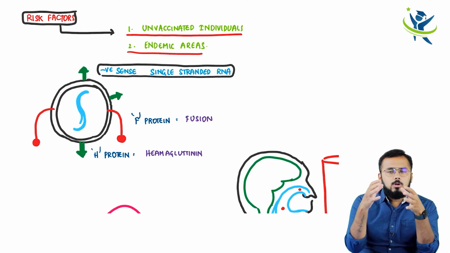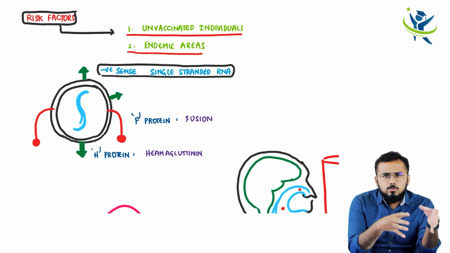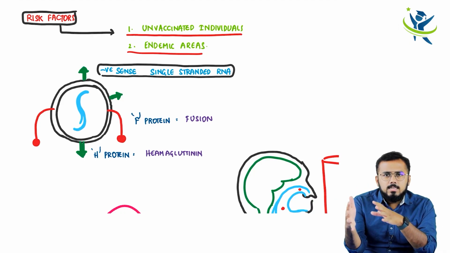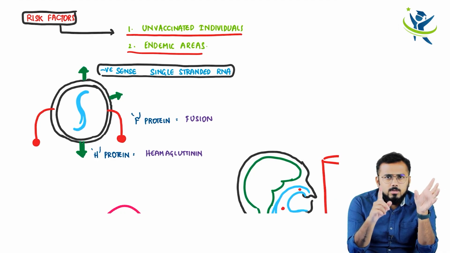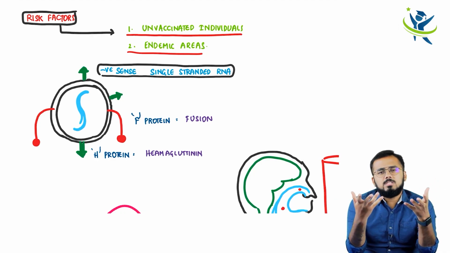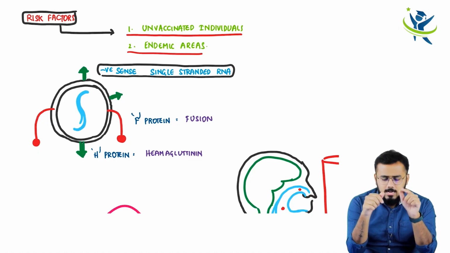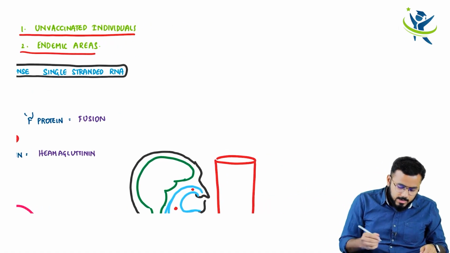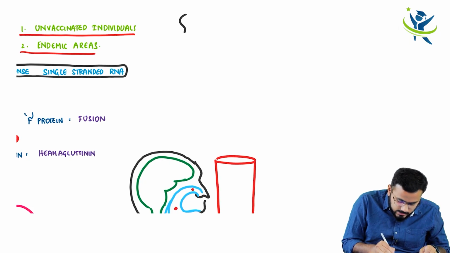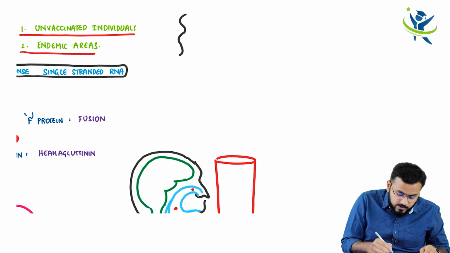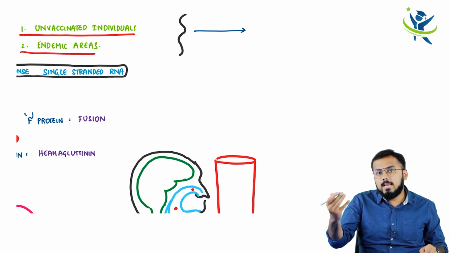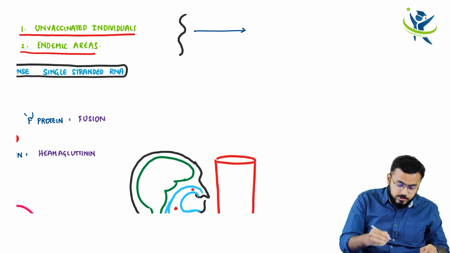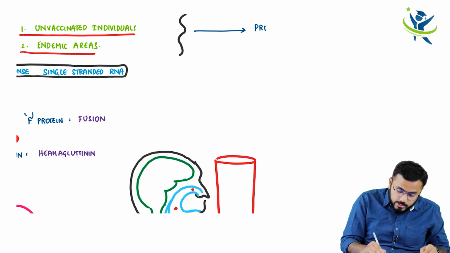There are two types of RNA molecules, guys. One is called positive strand, another one is called negative strand. I mean positive sense, negative sense. Listen very carefully. Positive sense RNA molecule. What is the basic function of an RNA molecule? For example, let us say this is an RNA molecule. What is the function of that? An RNA molecule will undergo transcription or translation. Obviously, it will undergo translation and synthesize what? Proteins.